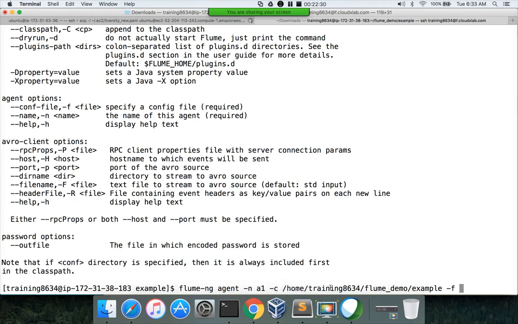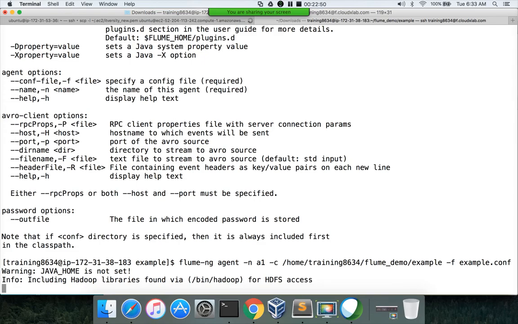And here, you can give either a fully qualified path or a relative path, because we have already given the directory location. So either you can use -c, give the directory and -f with the file name, or directly give -f and the fully qualified path. Either way it will work. And example.conf, and hit enter.